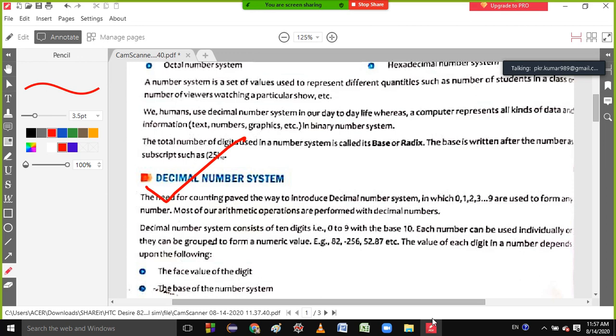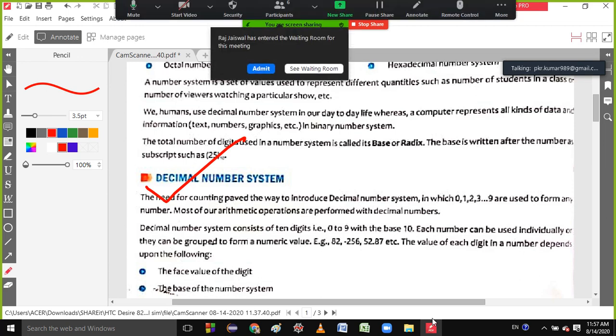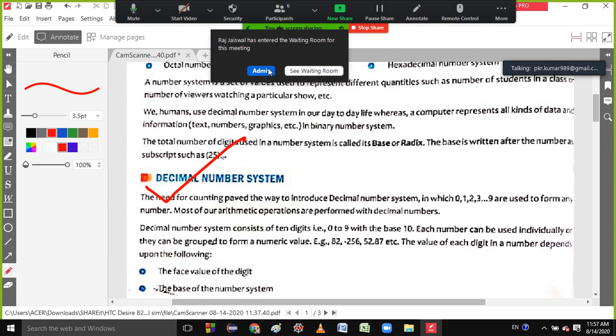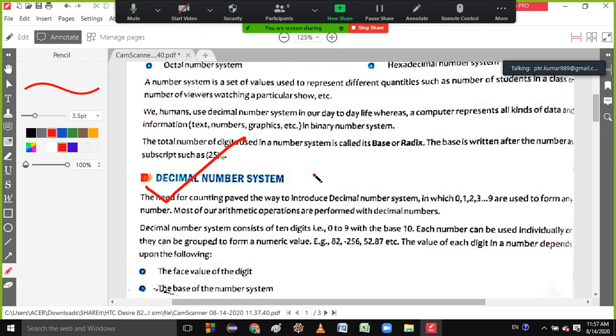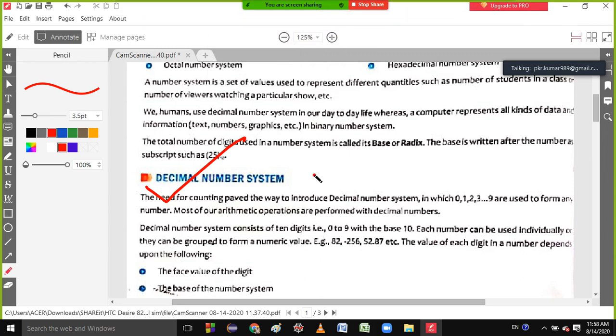That's why its name is decimal number. So if you ask, sir, which are the digits? The digits will be 0, 1, 2, 3, 4, 5, 6, 7, 8 and 9. If you count 0 to 9, then it becomes 10 digits. Okay students,